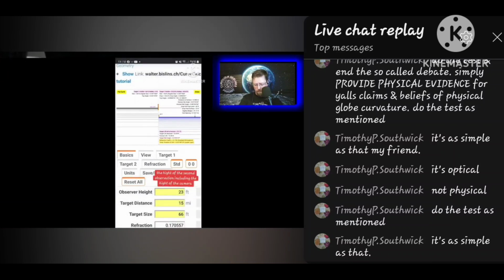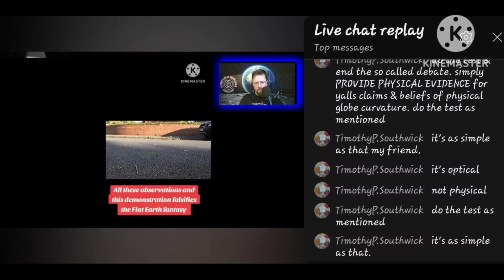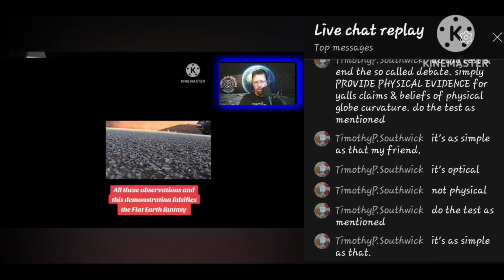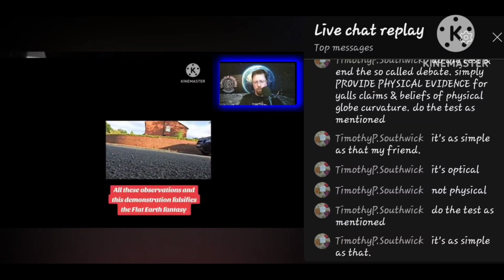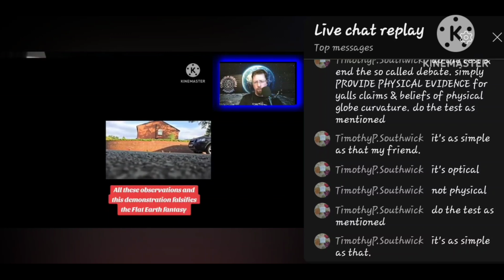Let's do a live demonstration here to show and drive the point home. Here you are at the road outside, which obviously curves from left to right for drainage across the road. As you can see, going down, we can't see the curves on the side. If we go up in altitude, you can. That's because as you go up in altitude, we're seeing over the top of the curvature.